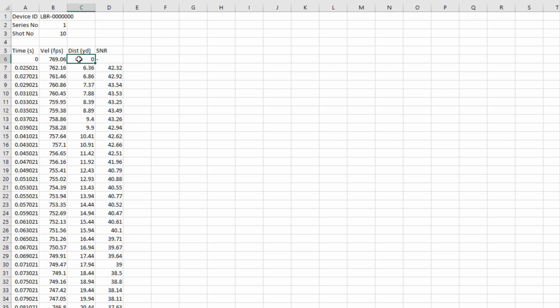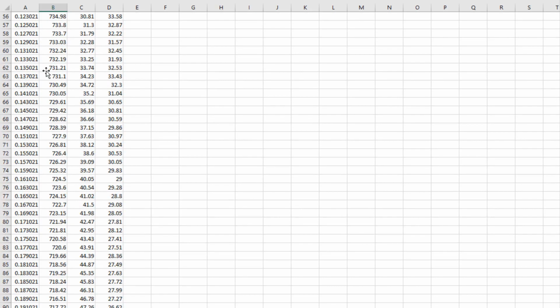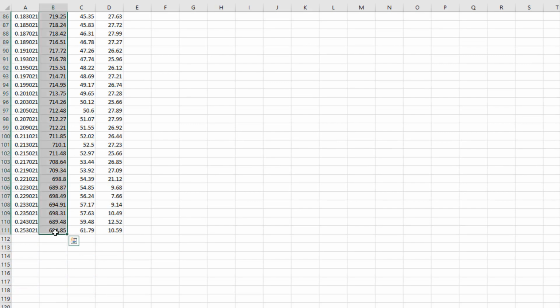As you know, when you set up your LabRadar unit, the muzzle's right next to the radar unit. So it's actually physically impossible for it to capture the actual muzzle velocity. So this is a predicted value. So what we want to do is take your actual measured velocities. I want to highlight them